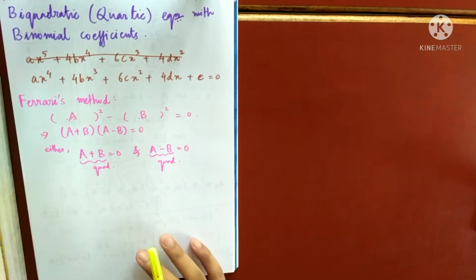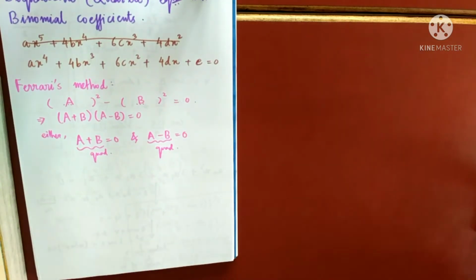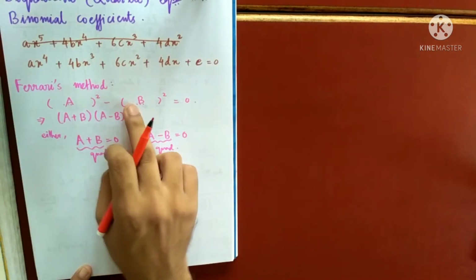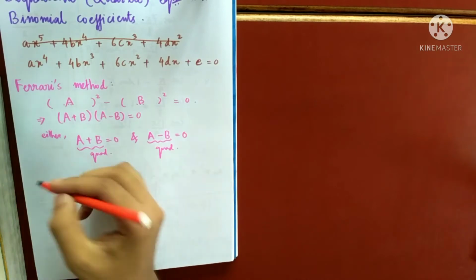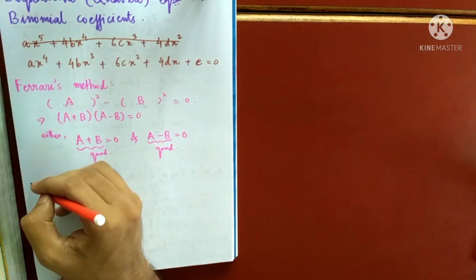This is the method. So let me start with the sum. How to start? I will show you two ways. In book they have done a bit differently. I will follow a different method. I'll also teach you the method that they have done in the book, but I'll start with my own method. That is the aim in simple words. You remember, you have to express as a difference of two squares. So let me take an example.